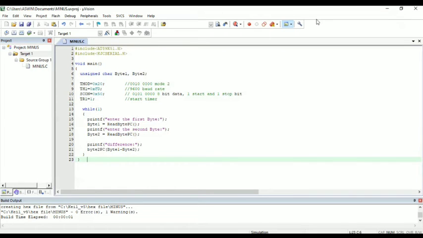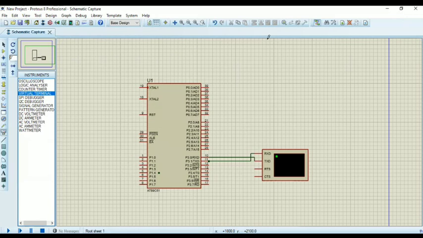Now going to the Proteus simulation part. In the Proteus simulation, we have the 89C51 microcontroller and a virtual terminal.